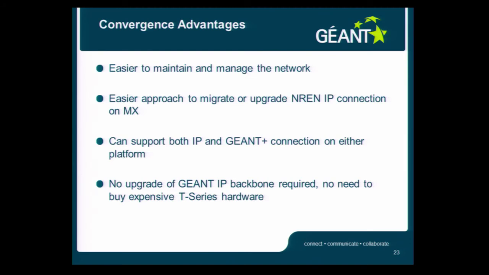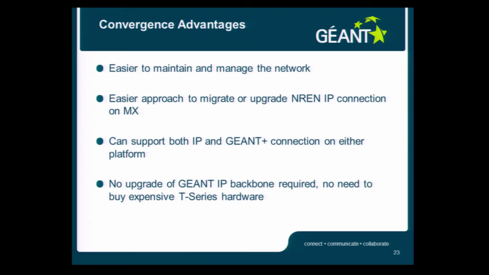So the advantages of convergence that we see is that it is easier to maintain and manage the network. So now we don't have two different networks to manage, not two different networks to do capacity planning and add capacity onto. So we have a single network, big pipes, 100 gig, and we just do the capacity planning on them. All the point-to-point circuits, all the IP traffic, all the multi-point services, everything runs on the single 100 gig that we are using. Obviously they'll be upgraded when we see the traffic is going to a point that we need more capacity.